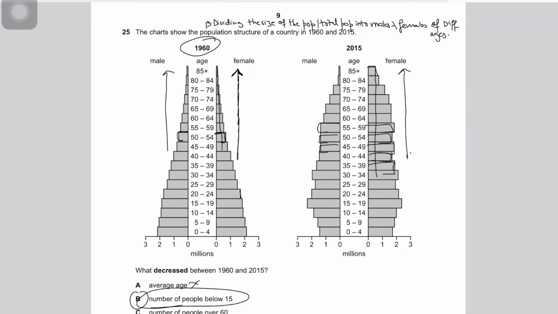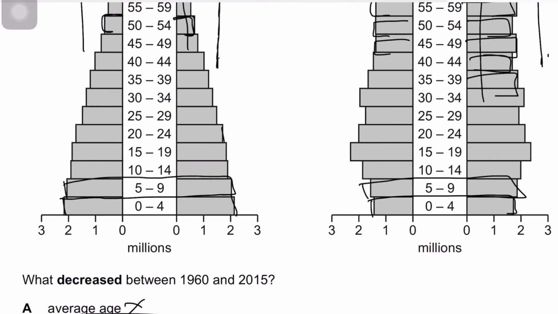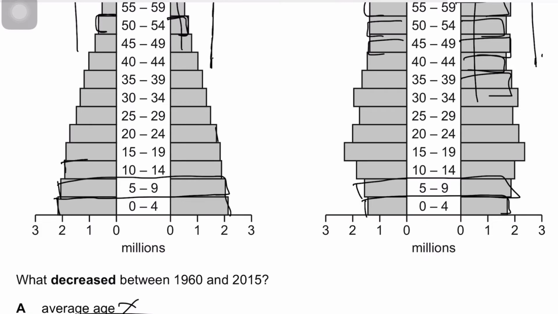If you see, people in the age of 0 to 4 have definitely decreased, which shows that the birth rate has fallen. Again, people in the age bracket of 5 to 9 have also decreased compared to 1960, and the same goes for people in the age of 10 to 14. Although the rate of decline is not as rapid as for 0 to 9 years of age, even people between 10 to 14 years of age have declined in size, both males and females. So yes, the correct answer is